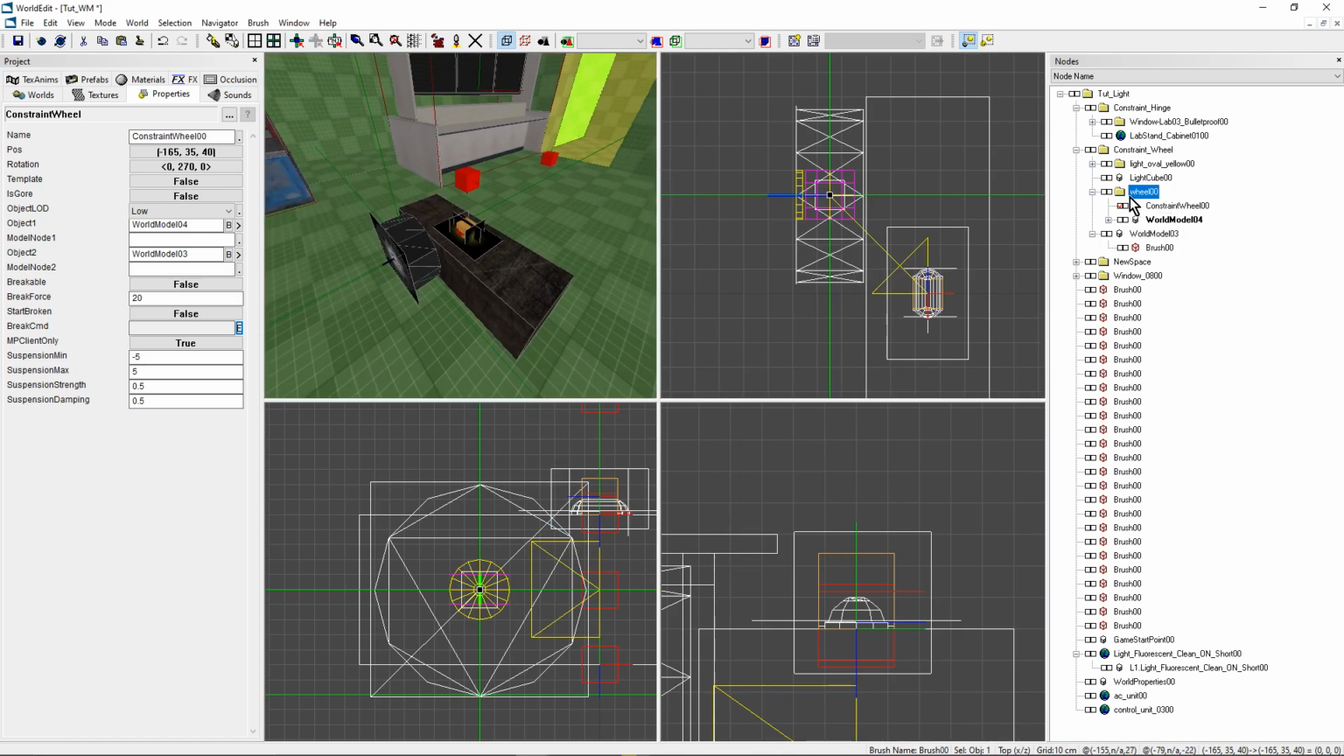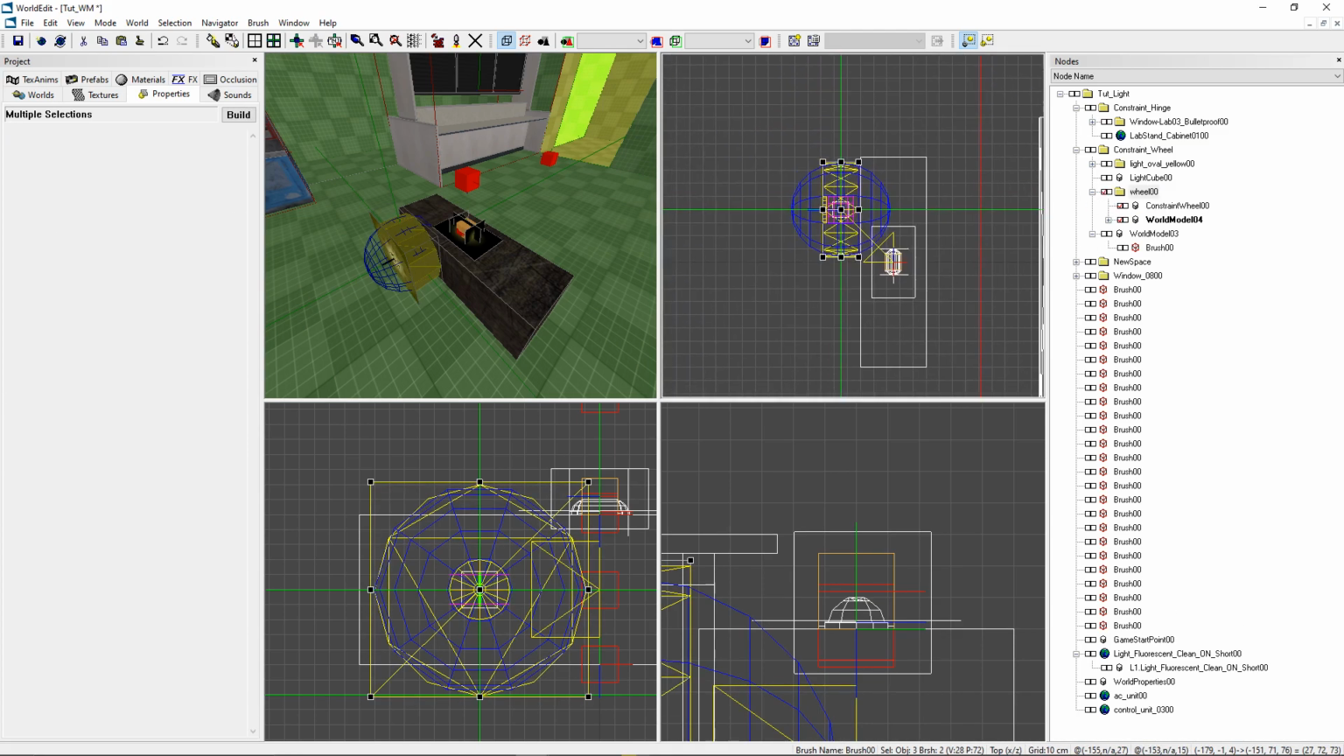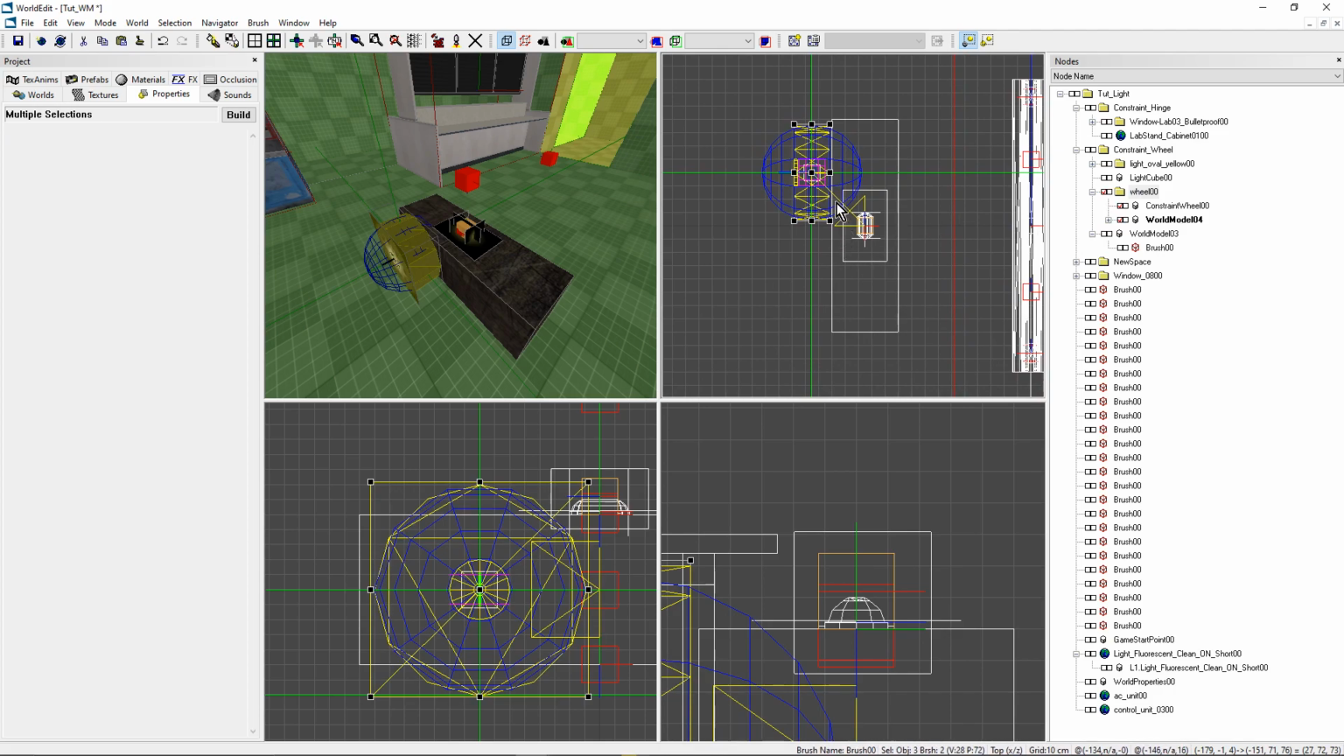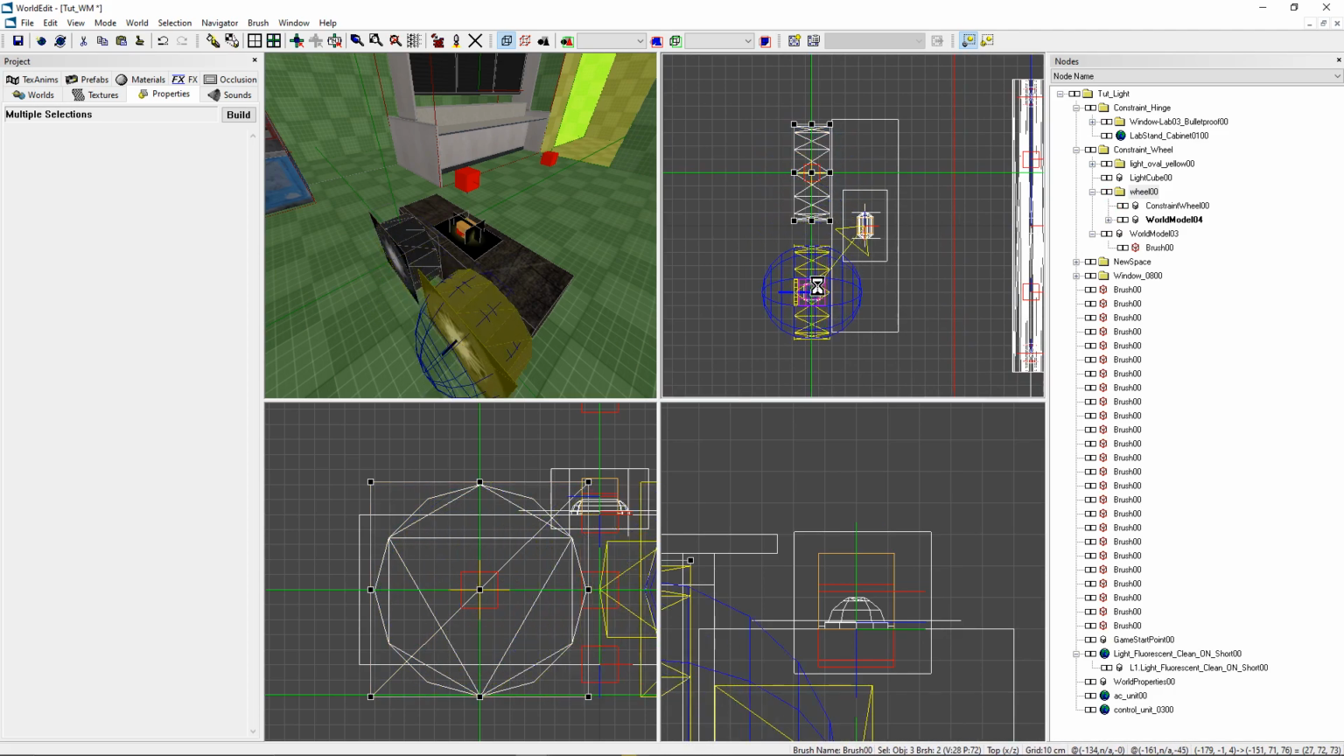What I want to do then is copy. I want to select all my wheel and copy it to make the four wheels. So Alt D and just drag it. But actually, before doing that,